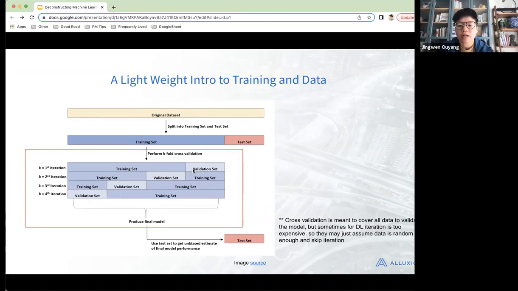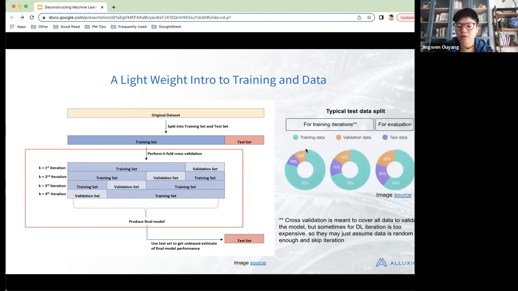Just a side note for deep learning, because it's very expensive, sometimes they avoid the validation stage, but we can see that the data usually gets divided in a certain way. Either training data 80% or down to like 60%, depending on how people want to use it. There's no set rule, but for the training data, validation data, and test data, even though test data is usually smaller, it's still probably like a 1 to 10 kind of scale. So all those data sets, the scale is pretty large.